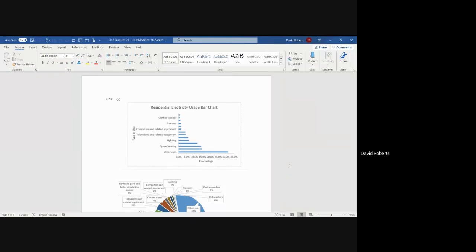Problem 228 on page 57. In this particular case, we're going to use the data set residential electricity usage. And so you need to, once again, go to your data sets that are provided with the textbook. You should have downloaded them. In part A, we're going to do a bar chart, a pie chart, and a Pareto chart. So you can see that they're presented to you on the screen, simply showing you what the final